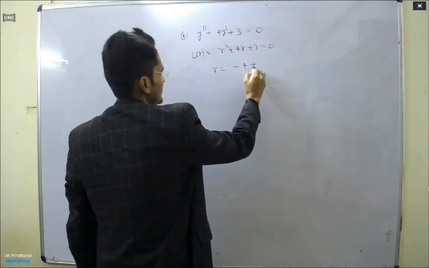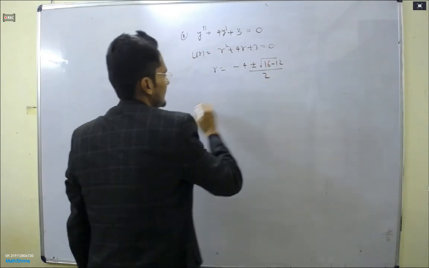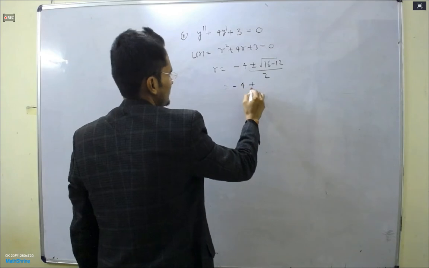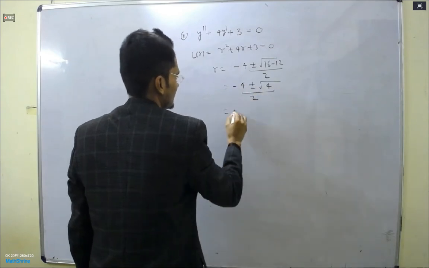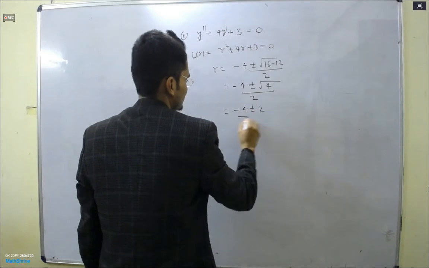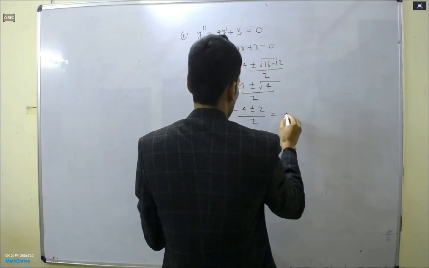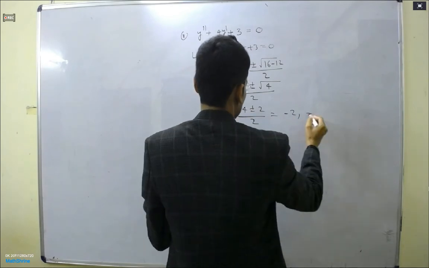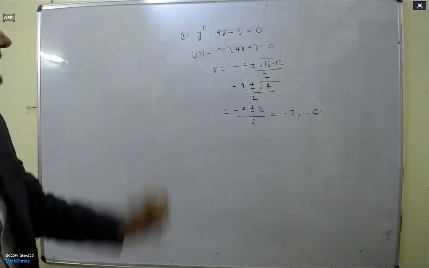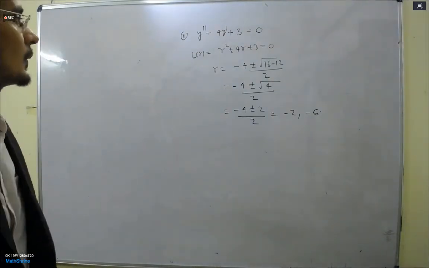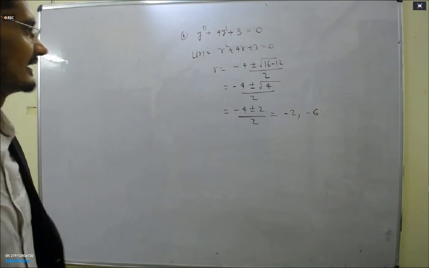Right? Is it correct? Did I make some mistake? Is it correct or is there some mistake? I'm very poor in calculation. So, no, yes. See, again I always make mistakes. So minus 4 and plus 2, this will be minus 1. Minus 4 minus 2 is minus 6, it will be minus 3. Now it is all right.